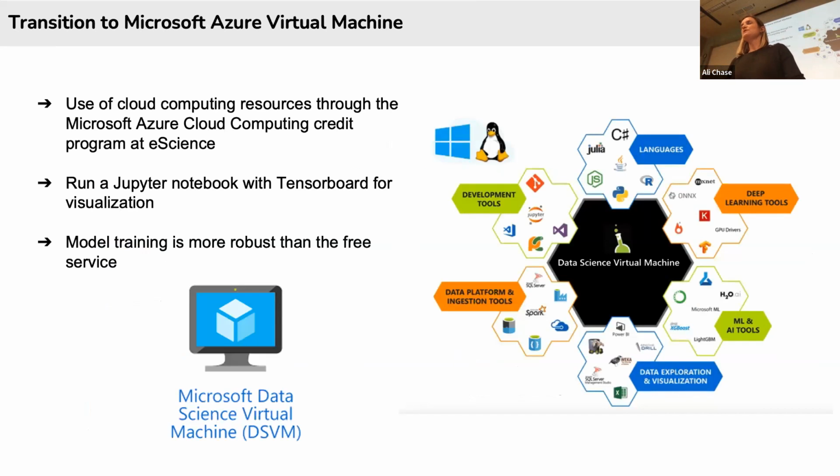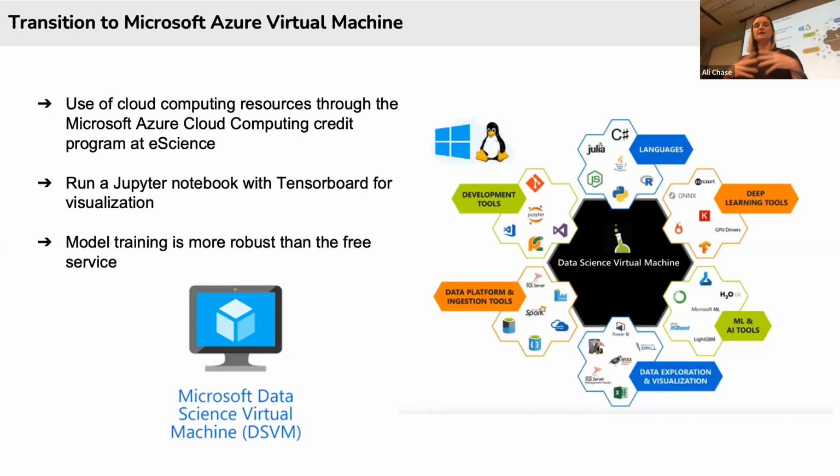This was working well. We were able to run our same 10,000 image test case using the Planetary hub and pointing to the blob storage for a time, and then we started having some problems with the Planetary hub in terms of being able to log in and getting kicked off. And so the free GPUs are great because they're free, but we transitioned more recently to using Azure virtual machines. So this requires cloud computing credits generously provided by eScience.